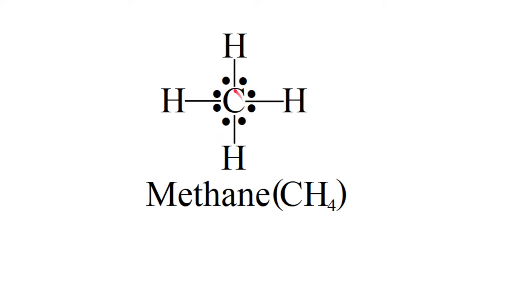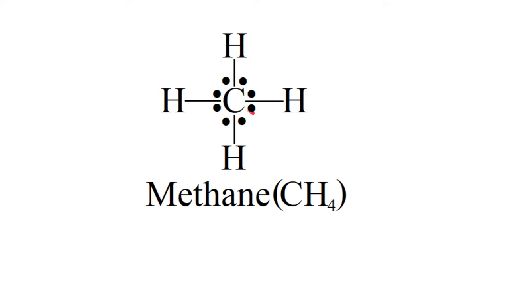So here you can understand that carbon already has 4 valency electrons. To get octet configuration, it requires 4 more electrons. That is why one carbon shares its 4 valency electrons with the 4 hydrogen atoms. In this process, each hydrogen gives 1 electron. So 4 hydrogens give 4 electrons, and one carbon gives 4 electrons. So totally around the carbon atom, you are observing 4 covalent bonds, nothing but 8 electrons.